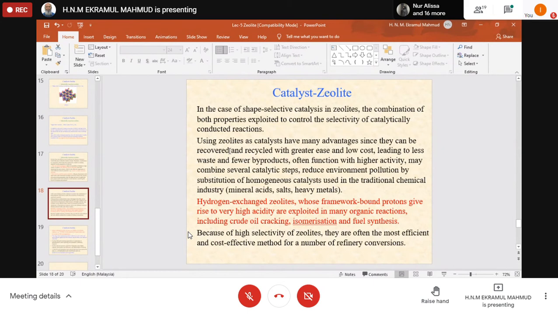Money is very important, because we are producing some products. Products will be sold, and money will be generated, meaning we will get the income. Income generation will go like this. So if our production cost is high due to this catalyst, how can we make it available in the market? It will be costly. So this is the important thing that we look into for any catalyst.